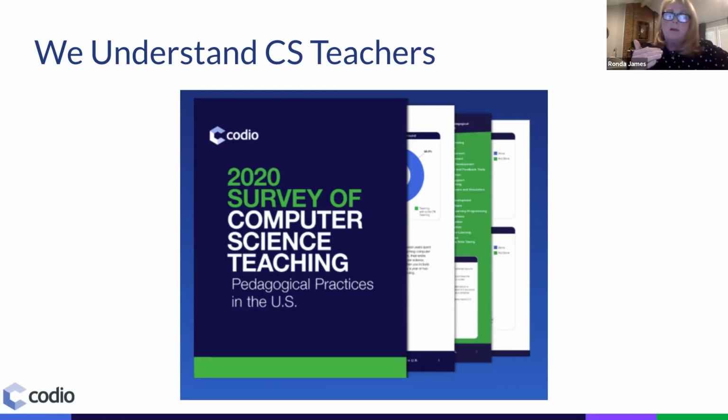So our support team is very responsive. We take feedback from customers. We want to know what you need to work with. Our developers are amazing. We create and custom develop all the time. So I want to put that in there because I think that's also a super important part of who Codio is. Again, our research is on our website. You can go and check that out.